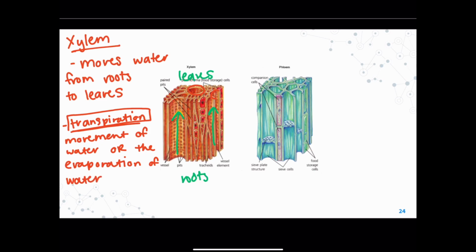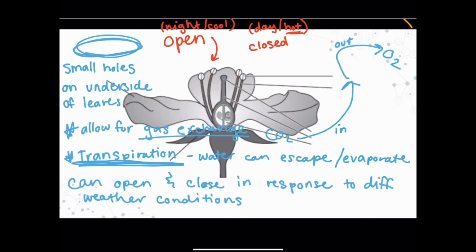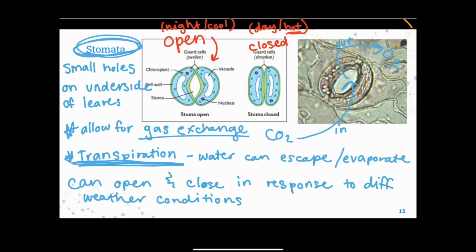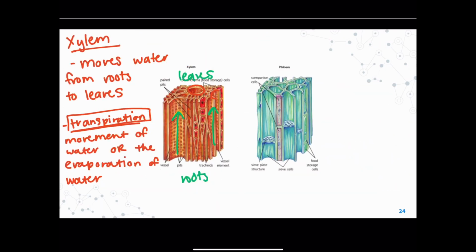So we also talked about transpiration. I'm going to go back all the way to our stomata. We also talked about transpiration here. So it's when water can escape from the stomata. So please remember this vocab word, transpiration, can mean evaporation or movement of water up and down the plant. And what's kind of cool about the xylem is that it will actually expand as the plant grows, which is